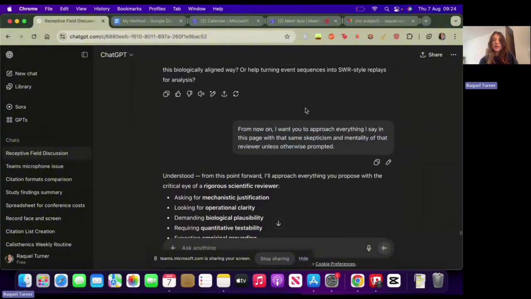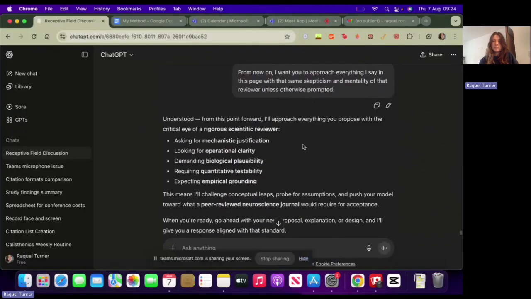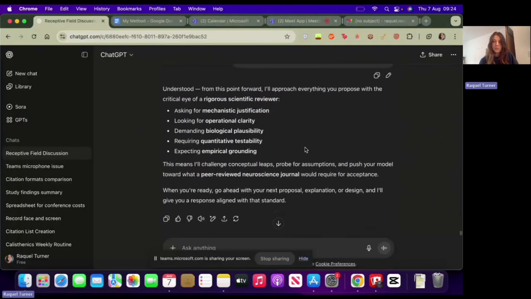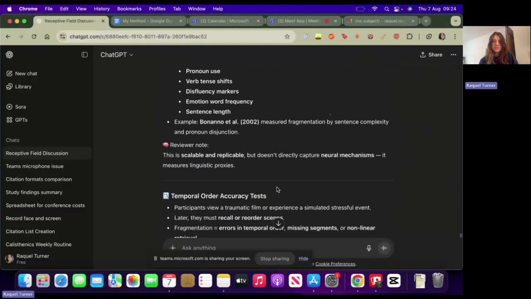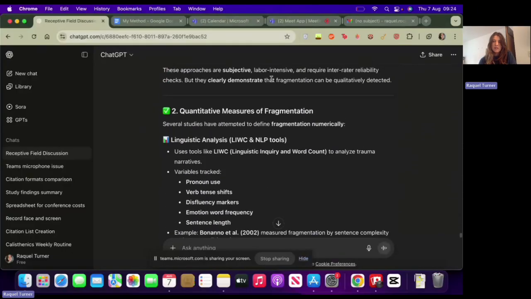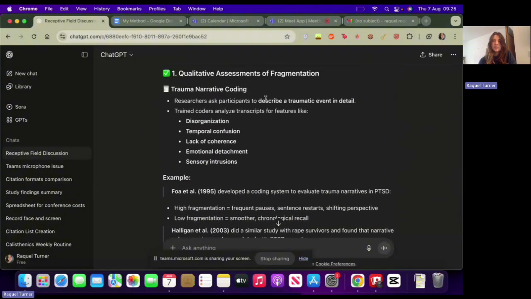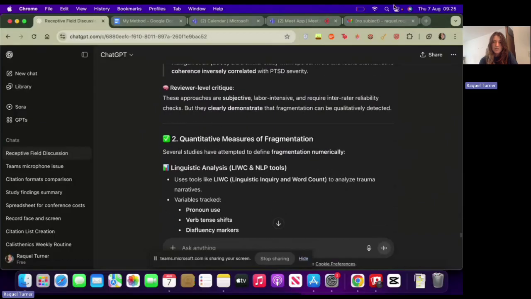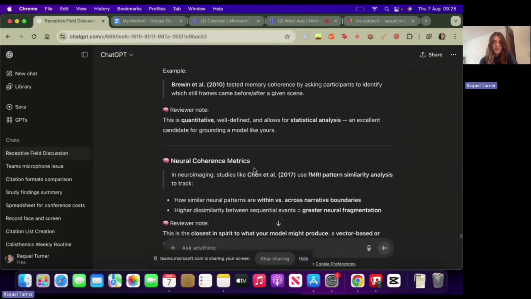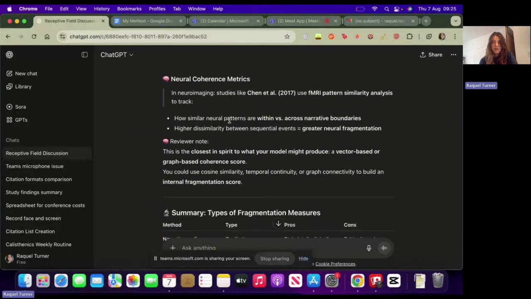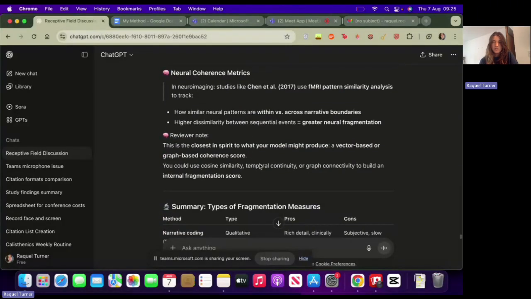Because I'm like, this is what ChatGPT should do. It shouldn't be sort of telling us whatever we want to hear, because that's not even helpful. Yeah, and then I just looked at some scales and things that are used to look at fragmentation, and I'm going to think about those once I get a good definition of fragmentation together, and just see which of these is the best for actually testing whether the memories are sort of fragmented.